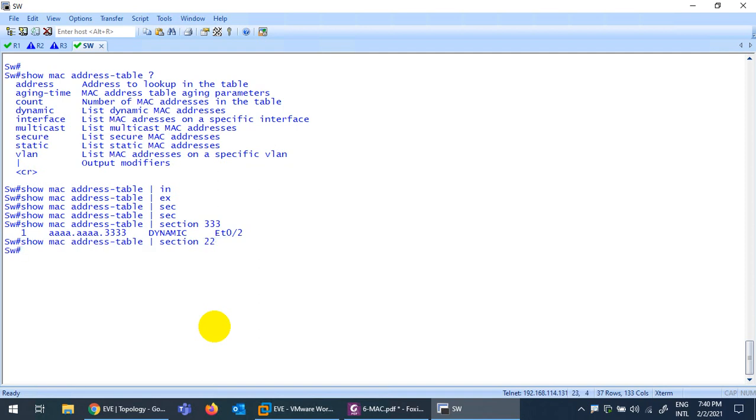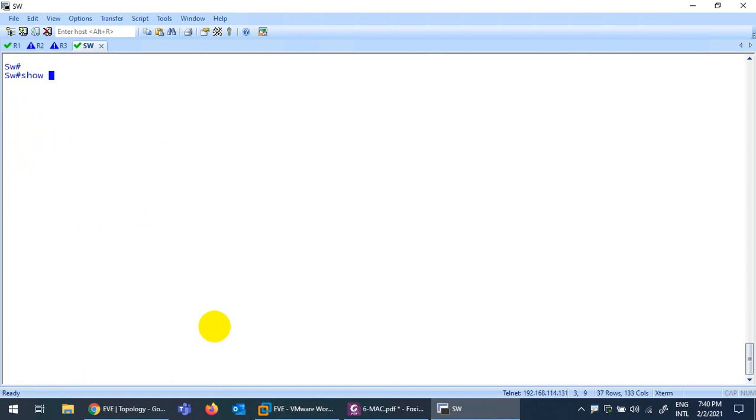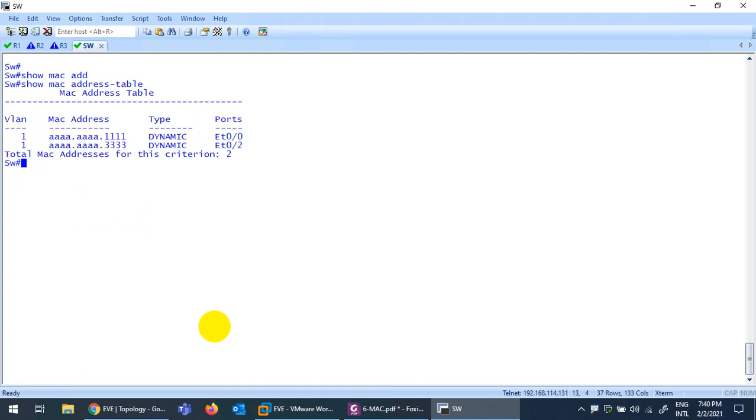Why is it not showing me? I think 5 minutes is completed, maybe it's washed out. So let me check. Yeah, one of them is washed out, but the other 2 will be washed out soon, because it's keeping records only for 5 minutes. So let me type the one which I was showing. Let me type 3. It will show you 3. If I say 1, it will show you only 1.